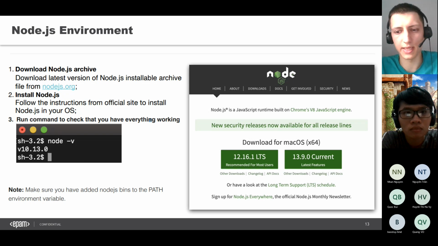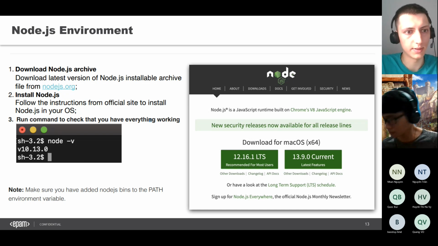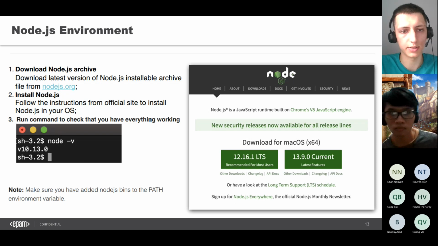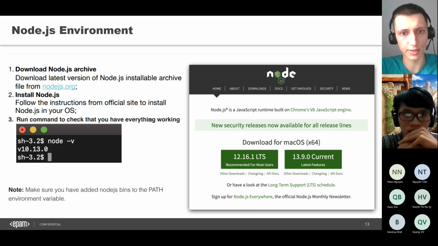The installation process can be a little bit different depending on the operating system, for example Linux, macOS, or Windows, but the instructions will be on nodejs.org.